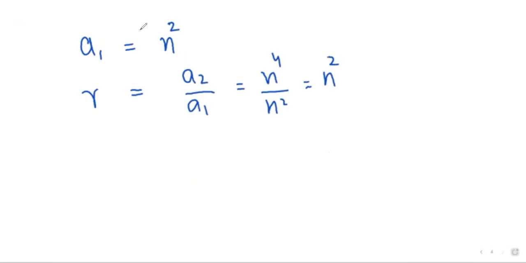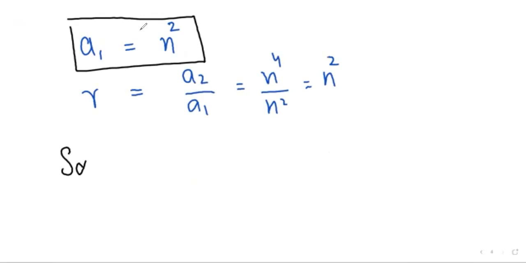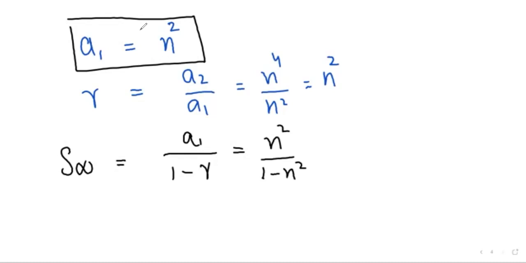So we know the first term, we know the r. So the sum of infinite areas can be a over 1 minus r. a1 is n squared over 1 minus r, and the given area is